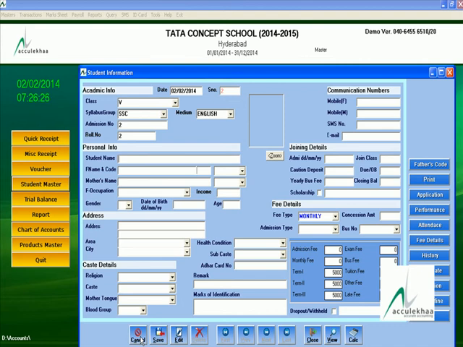The student name, D Vijay Kumar. Father name, D Malesh. Same father code you can define. Father qualification. Private employee.